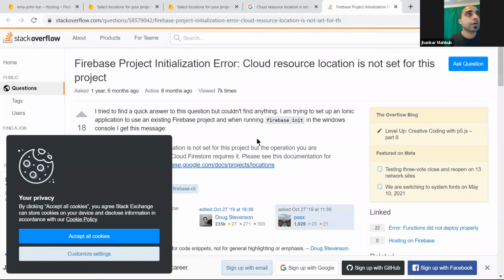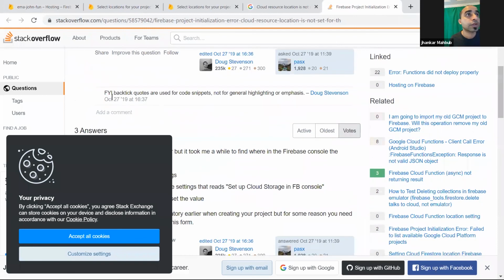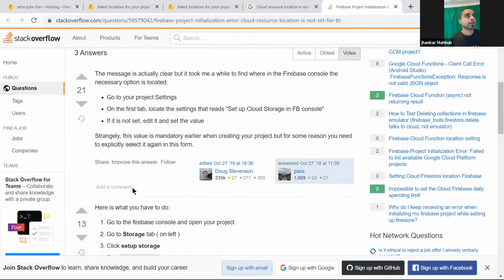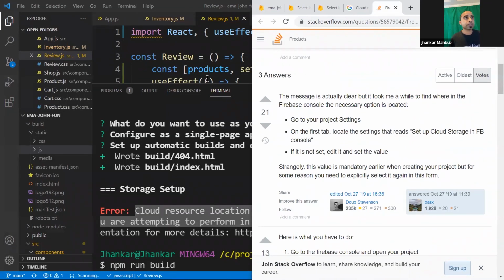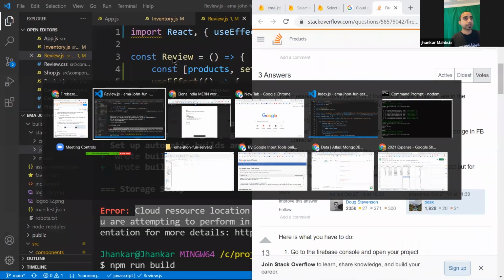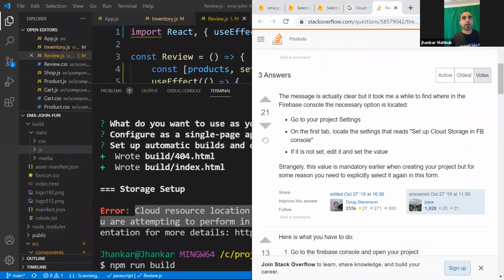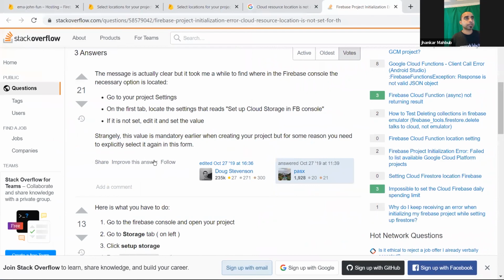And if we go there, it says go to your project settings in the first tab. So let's go this way, and accept all cookies. Okay, be happy with those. So it says go to your project settings. We go to our project settings, and our project settings is right here.